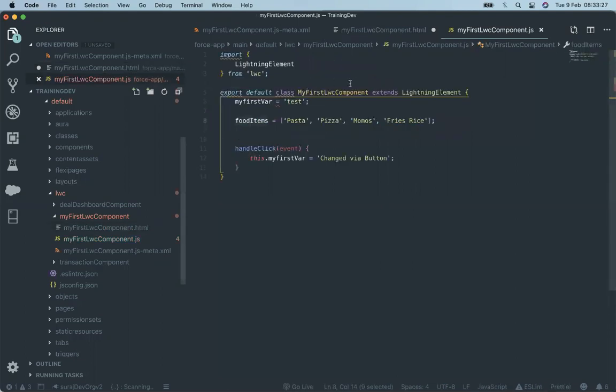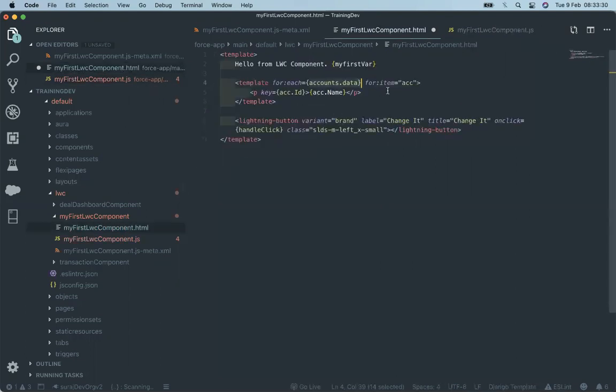Our list name is food items. Let's copy and paste it up here, food items. And similarly, as we declare an object and then one variable for it, I will just add food item. Now I can directly use that food item up here.